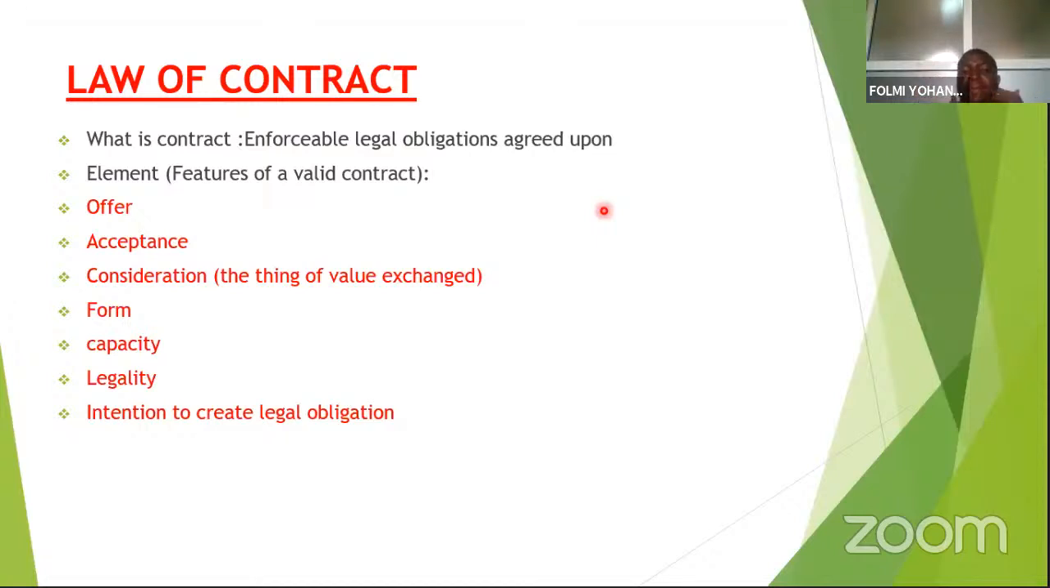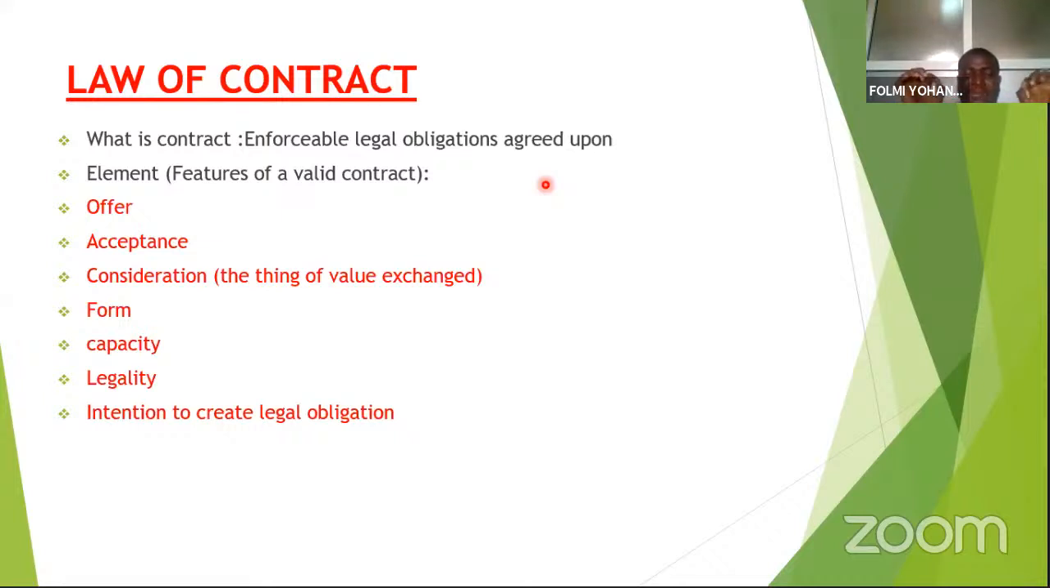Then we talk of capacity. A party must have the capacity to enter into a contract. You cannot go into a contract with a person who is mentally challenged or an underage person. This is a lunatic, a drunkard, because at that period they are not mentally stable, so you can't enter into contract. But for capacity in terms of age, even though in Nigeria